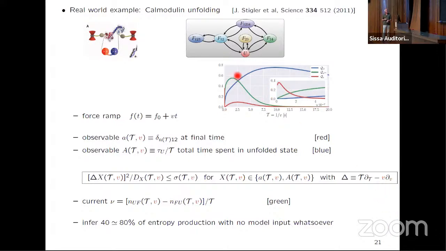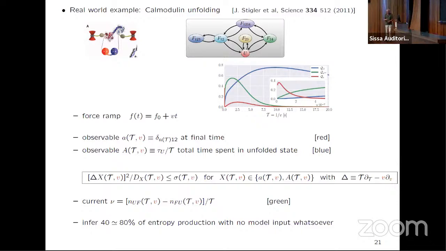And here are these quality factors. So you see, depending on the observable you use, again, you're able to recover at the maximum something like 80% of the entropy production in this process without assuming a model, just by observations. And you can observe coarse-grained variables. You don't have to observe the mesostates individually.